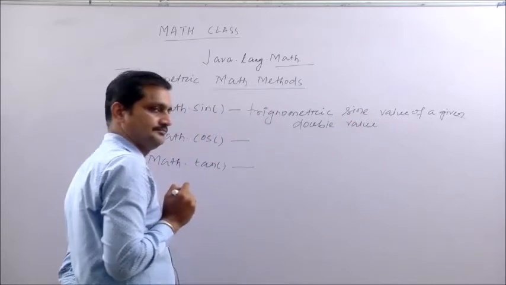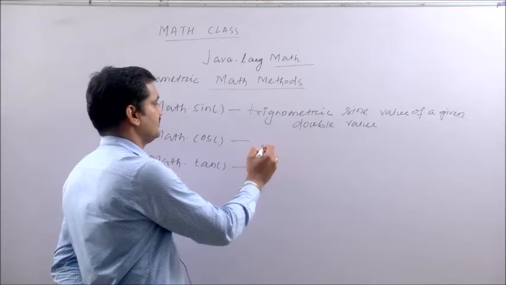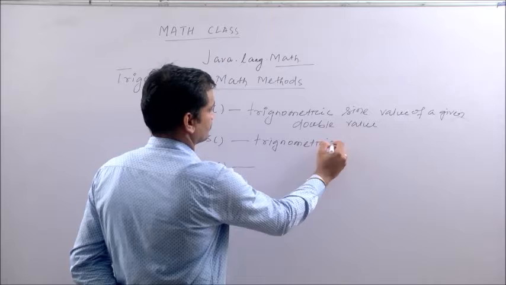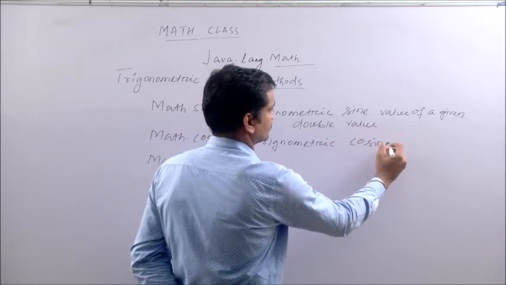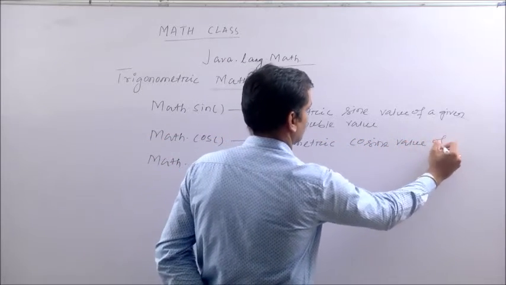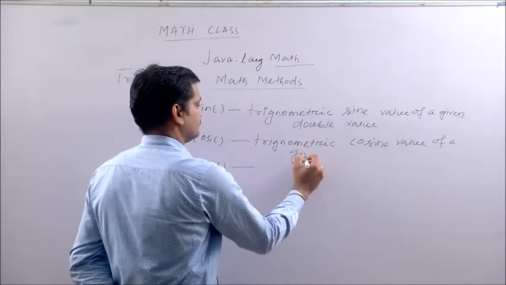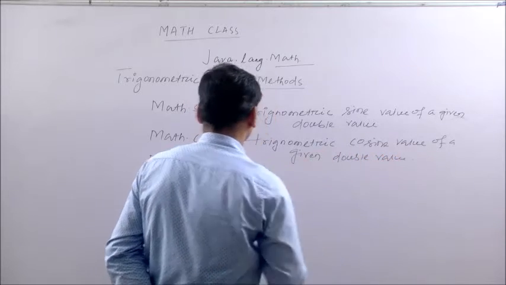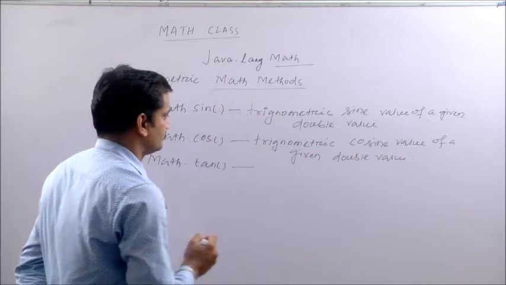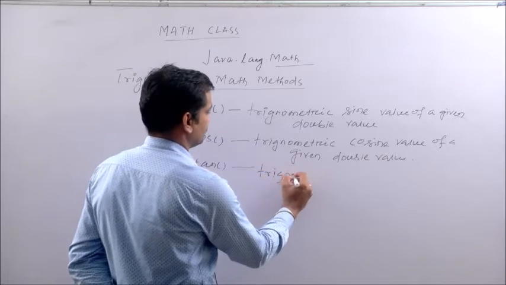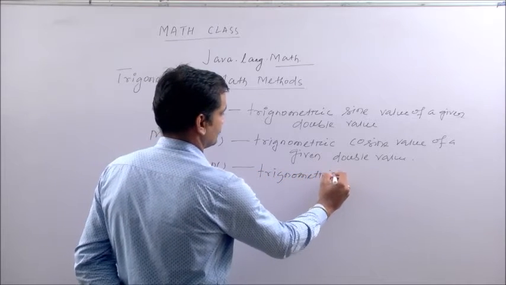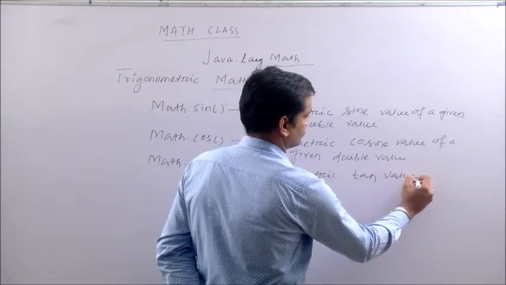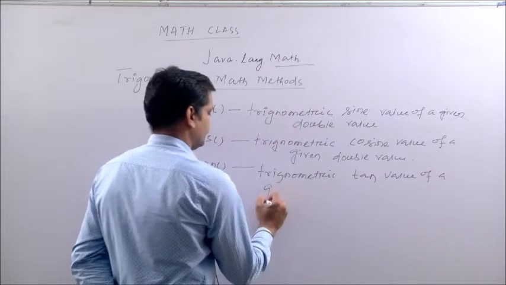Similarly, cos gives the trigonometric cosine value of a given double value. Similarly, the third one gives the trigonometric tan value of a given